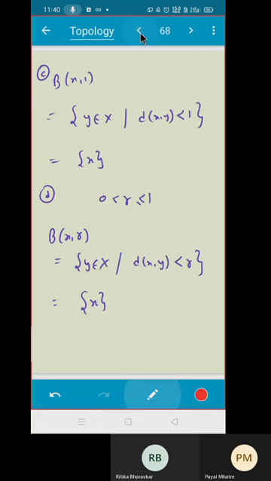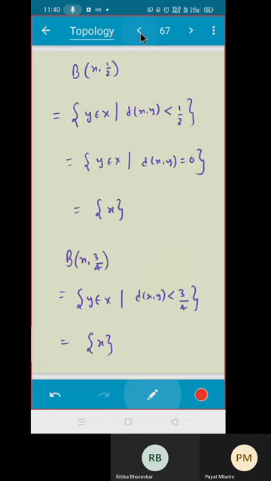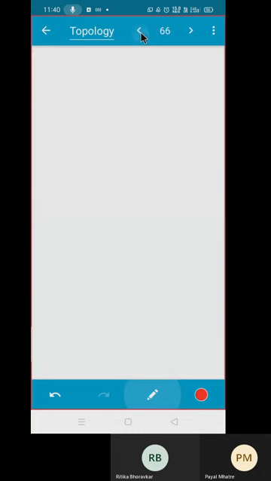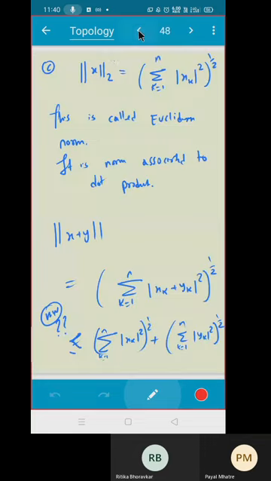Do you see what is norm 2? Square root of mod of xi square. And do you see what is norm 1 and norm infinity? Norm infinity is max. Correct. And norm 1 is